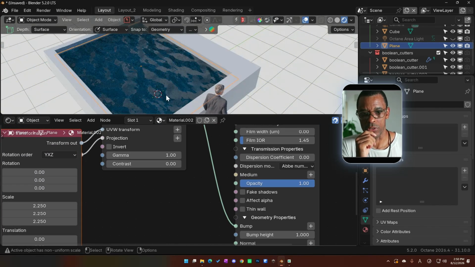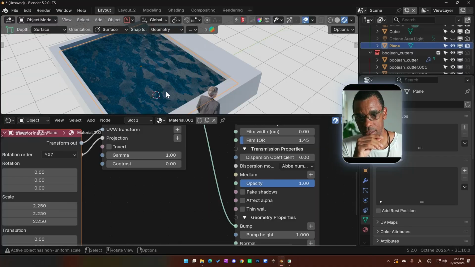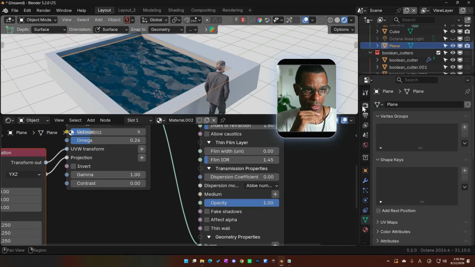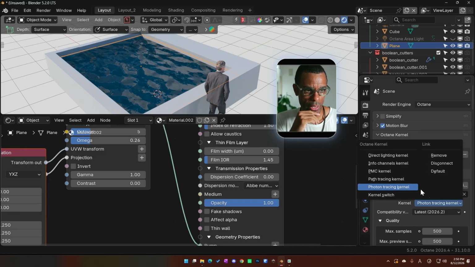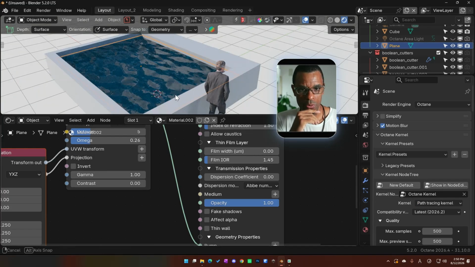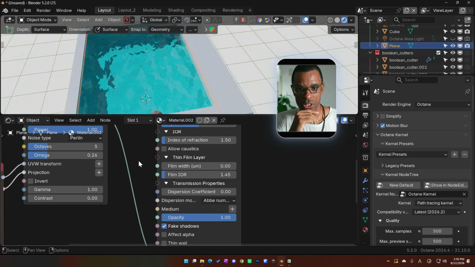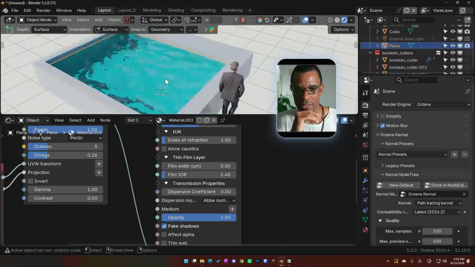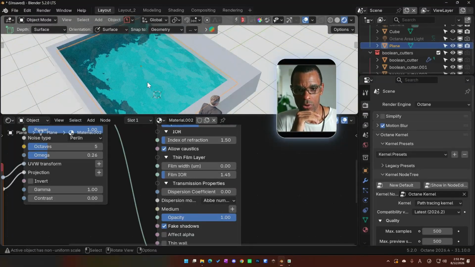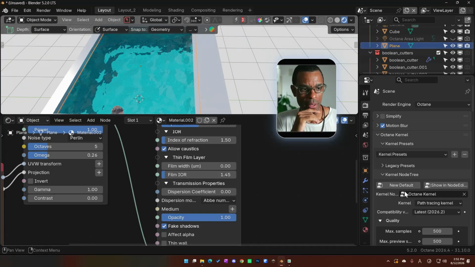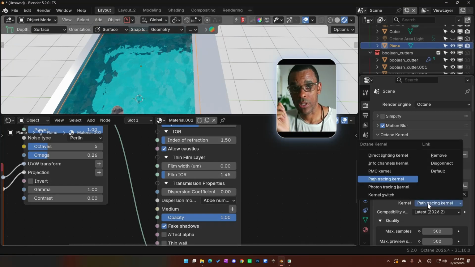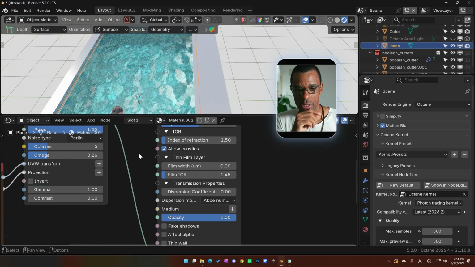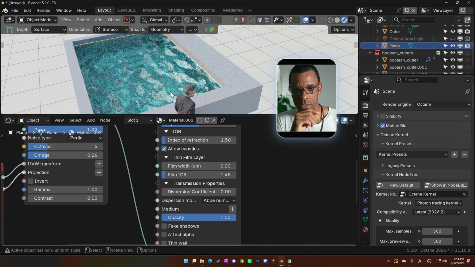And then also, quick little pro tip here: if you want to get caustics in the pool, right now you see we don't have any caustics. If we come over here, oh, I'm already in it because I was working on another render. So this would be your normal path tracing, and if you come over here to fake shadows and turn that on, you can get a fakeness that doesn't look really cool though. If you really want caustics, turn that on, and you don't really see anything happening. But if we go over to photon tracing, this will crank up your render times. We go to photon kernel, and if you turn off fake shadows and make sure caustics is turned on, now you can see we've got those